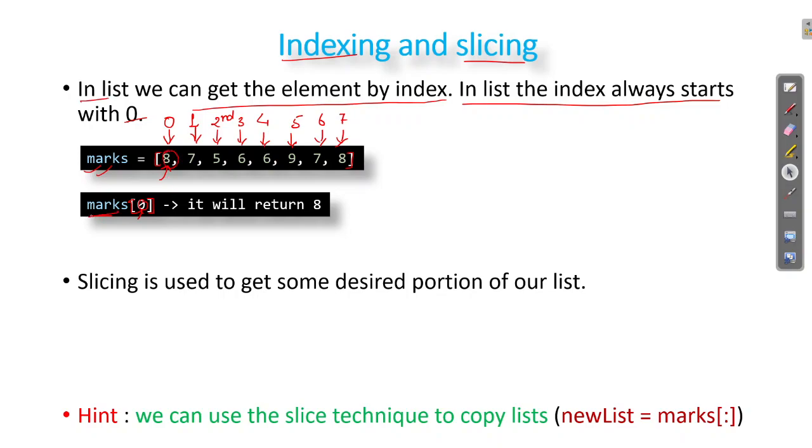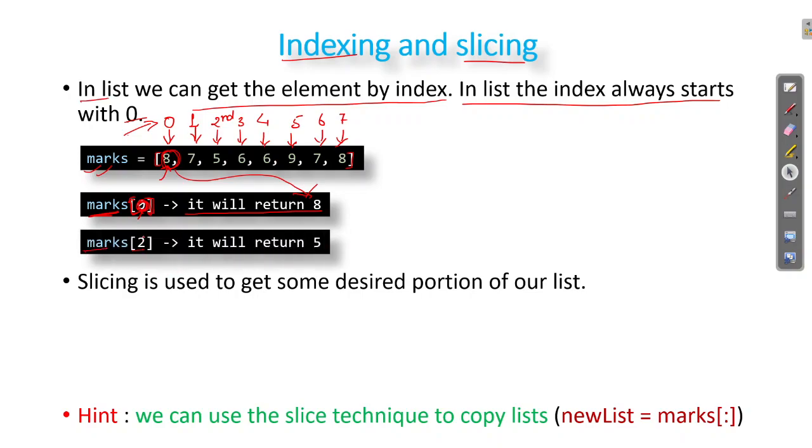So you write the name of the variable of the list, and then provide your index in the square brackets, and then you get the value at that particular index. If you provide 0, Python will go and see what is at the 0th index and return that value. If you do marks[2], it will go to the second index. What is the second index? 0, 1, 2. What is there? 5. So it will return 5 here. This is how we can retrieve data from a list by using indexing. And always remember, indexing always starts with 0, not with 1. Keep this in mind.